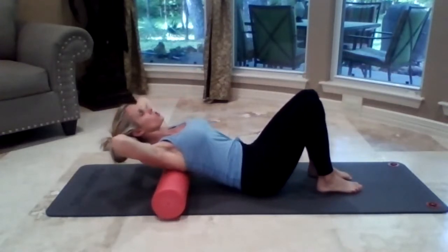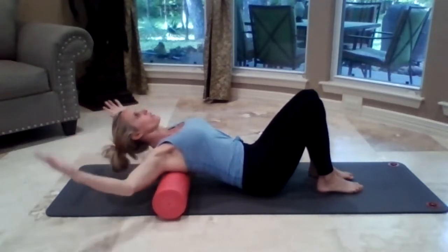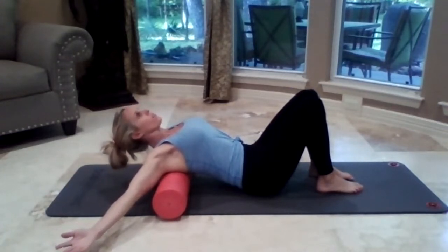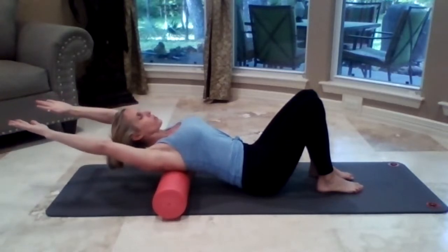You're going to let your head and chest go back. You can keep your hands up behind your head, or you can freely open the arms. If the shoulders are tight, you might have to keep them up behind the head. If you want, you can lift the arms up, just kind of get a little bit of a massage on